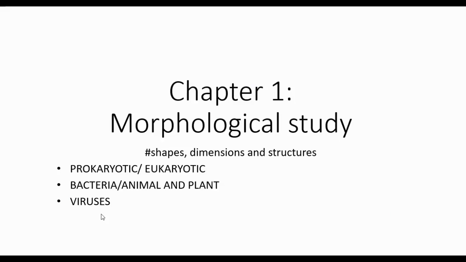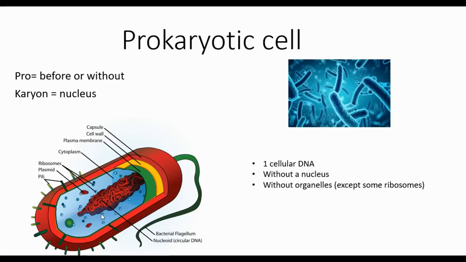So in the first chapter, we are going to start discussing the first property of the cell, which is morphology, the shape, as I mentioned, the structure of the cells. But it's very important to know that we have what are called prokaryotes and eukaryotes. They are actually different in what? First of all, to discuss the prokaryotic cell: prokaryotes, as we can see, pro means without, and karyon means nucleus. So they are cells that